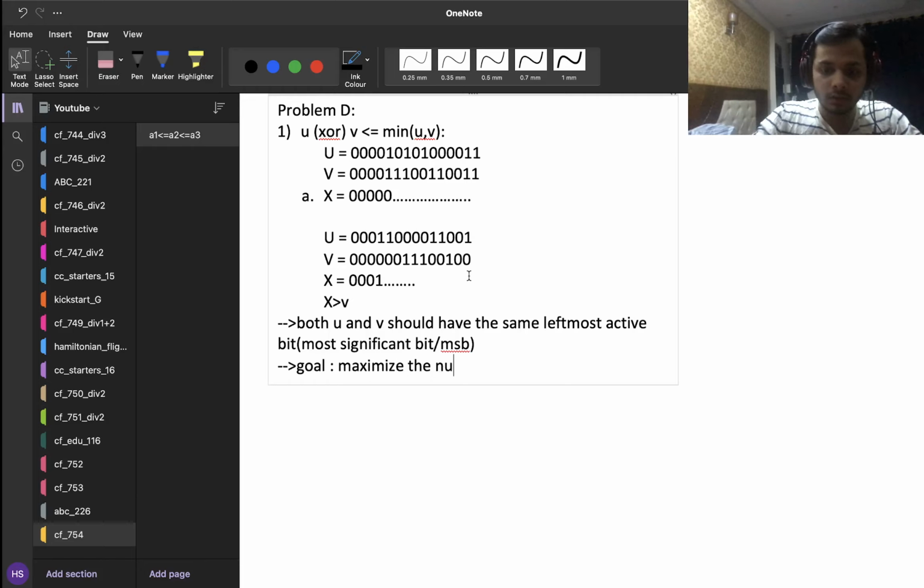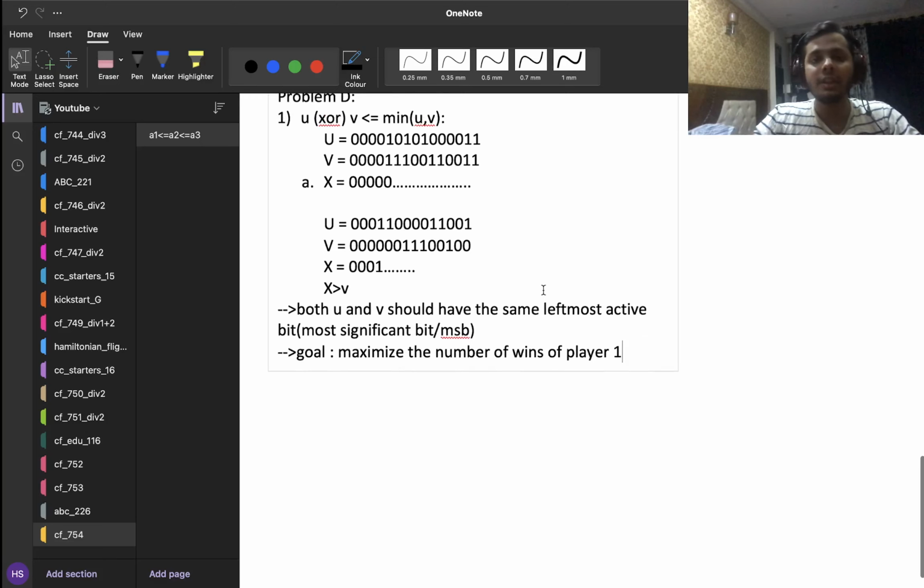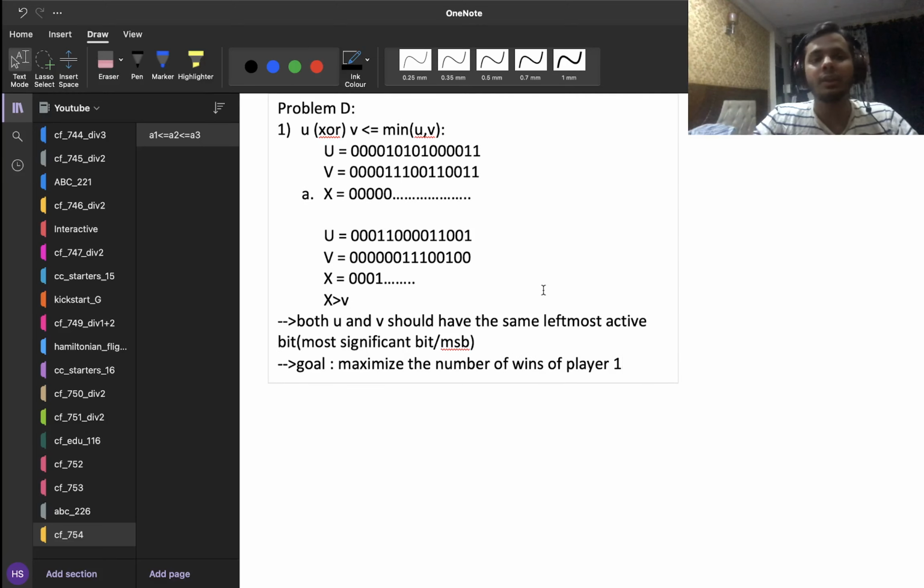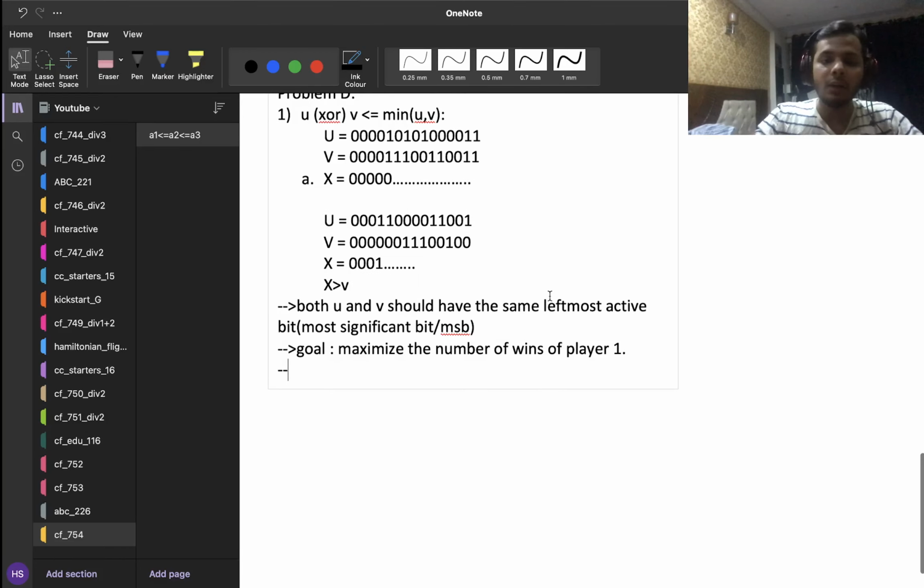maximize the number of wins of player 1. And remember that in the first turn, player 1 just takes the token and puts it on an arbitrary node, and there are no restrictions whatsoever. So I am free to put my token on any particular node. But what if from that particular node I cannot move anywhere? Then obviously player 1 has won, right? And now a question arises: what is the maximum number of nodes which guarantee the win of player 1?